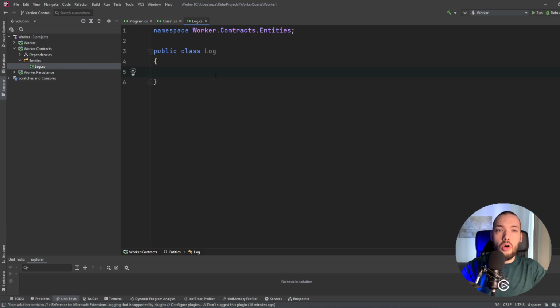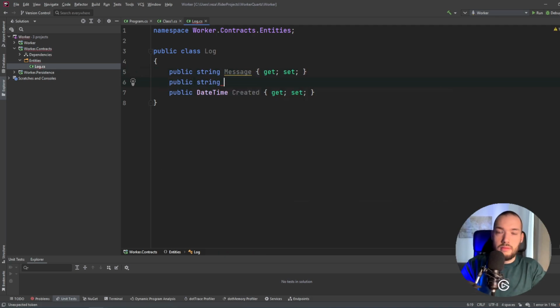So log will contain the created, so most probably what you'll see in the databases if they are storing the logs. So it will be created, so it will be DateTime created. Also, it has to have, for instance, the message from the exception, maybe the stack trace,